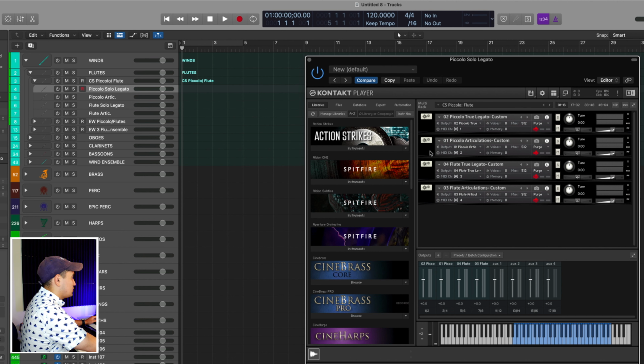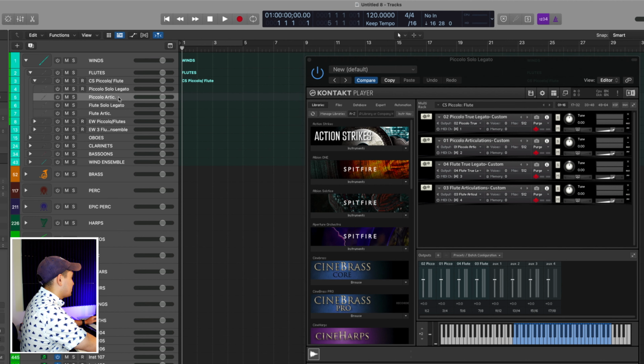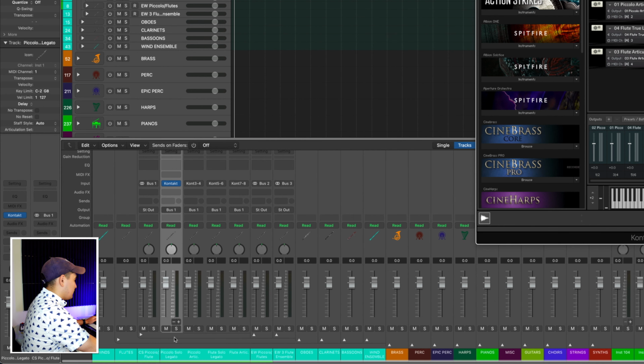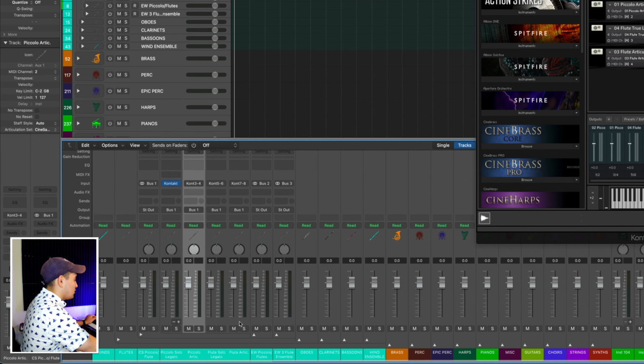Piccolo articulations will match with piccolo articulations. And if you've seen one of my other template building videos, I discuss the benefits of MIDI tracks versus aux tracks. You'll see this is all aux track. And so if we were to look at the mixer, this is one instrument track,